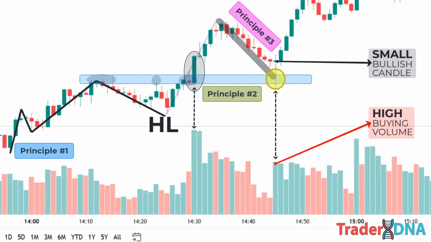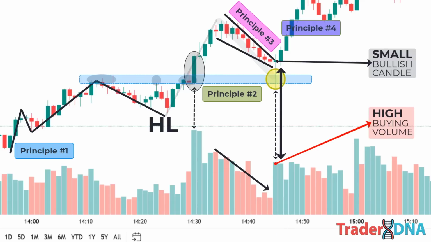This is super suspicious because it suggests that the same institutions who drove the price up earlier are back at it again. Now let's analyze the bearish candles leading up to the pin bar. See that? The selling volume is gradually decreasing and the price range is tightening. This is a major clue that the market is finishing its exhaustion phase and gearing up for its next bullish